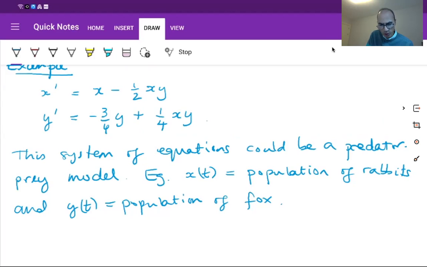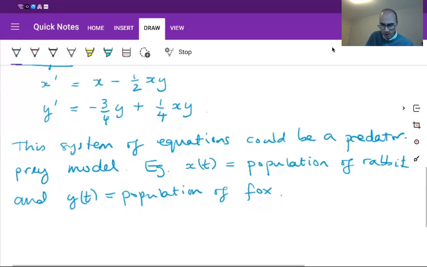If there are more fox present, there might be less space, less resources, etc. That might cause the rate at which the fox are increasing to decrease. And the positive coefficient of the xy term is interactions. If there are more interactions, we might expect a positive effect on the rate of increase. So that's just an example of